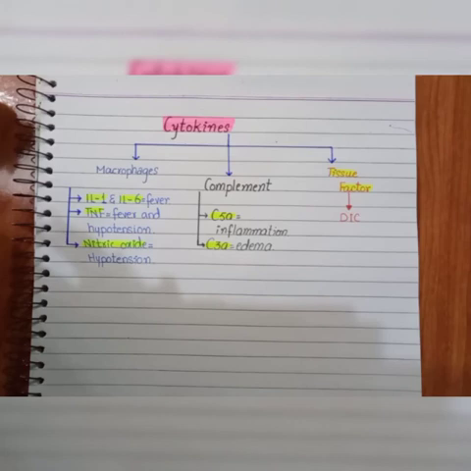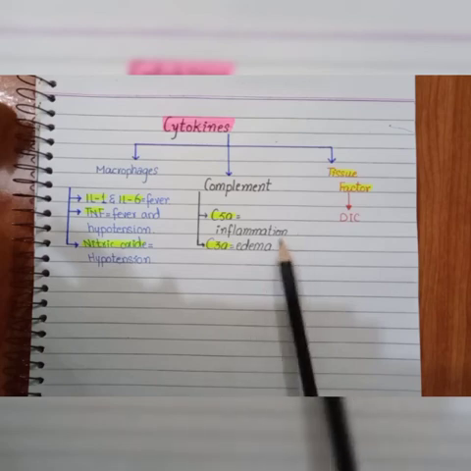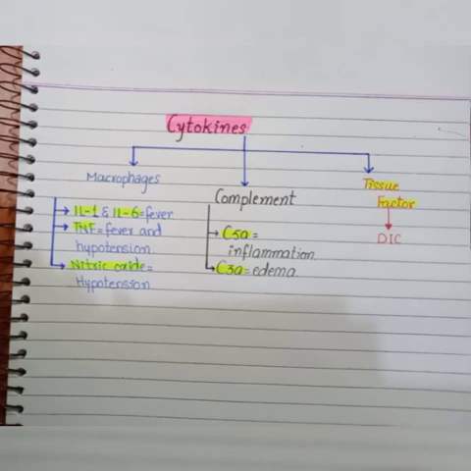And when endotoxins activate the complement, it will cause the release of C5a or C3a complement. When this complement cascade is started, it will cause inflammation and tissue damage, because C5a will attract neutrophils at the site of infection and cause inflammation, and C3a will cause edema. Lastly, when the endotoxin activates the coagulation cascade, it will cause the release of tissue factor and cause thrombosis and failure of vital organs. After that, it will lead to disseminated intravascular coagulation.